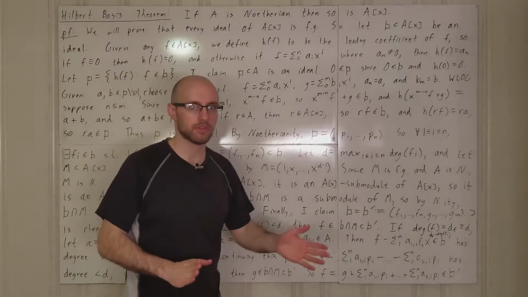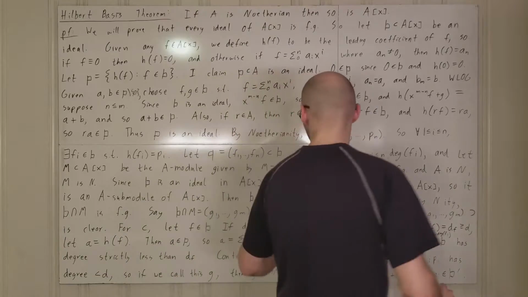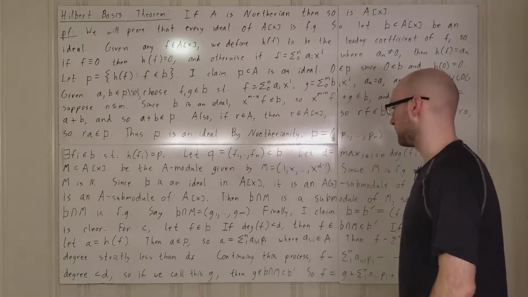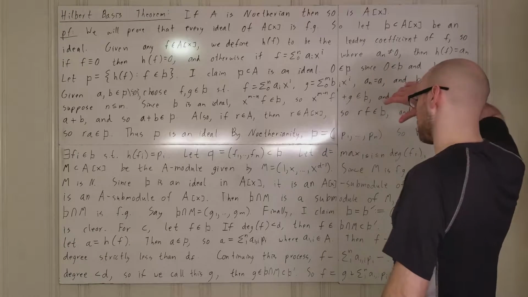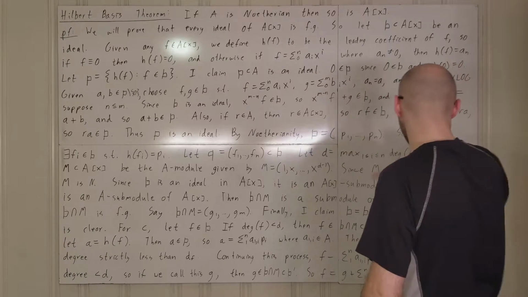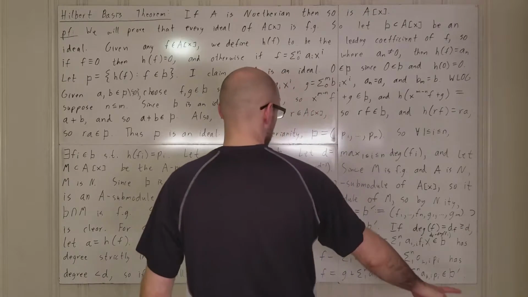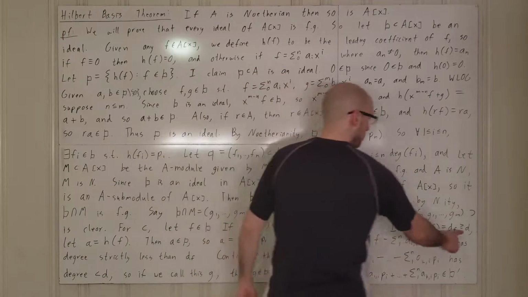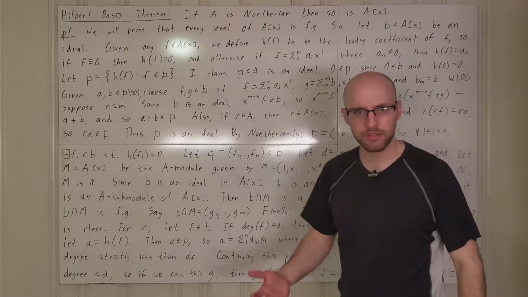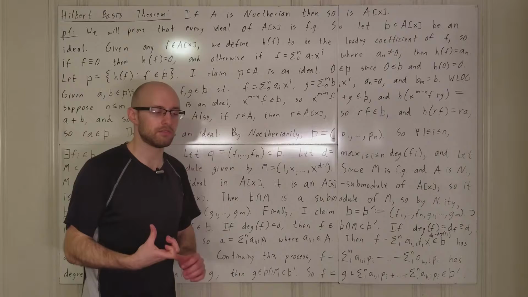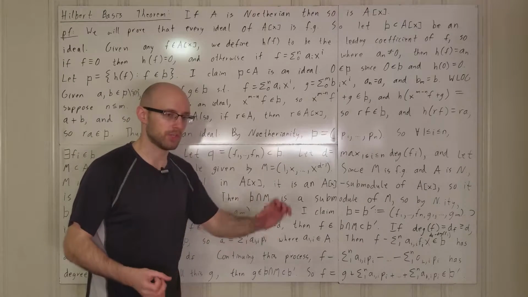All right, so we were just finishing up this proof. We want to prove that B prime is contained in B. So let's suppose we have an element in B whose degree is greater than or equal to D. Then what we're going to do is, for every single coefficient which is